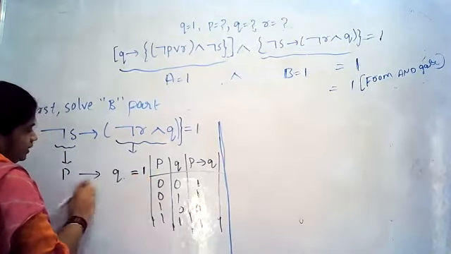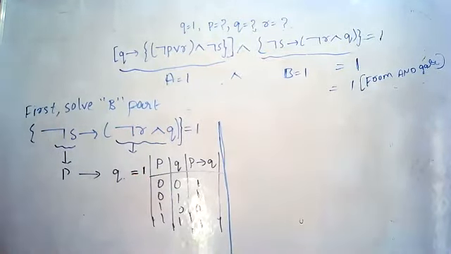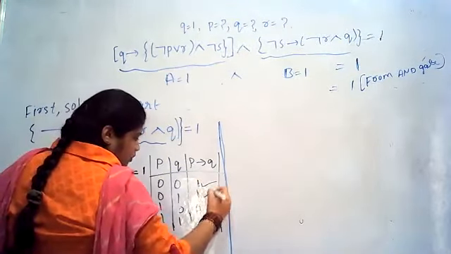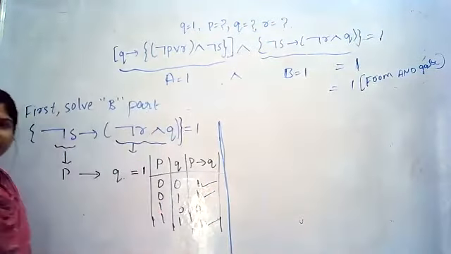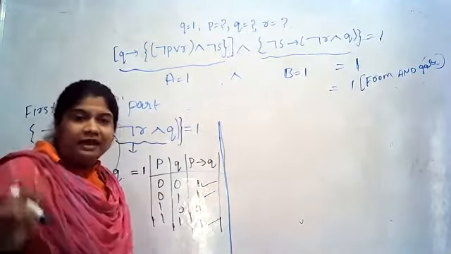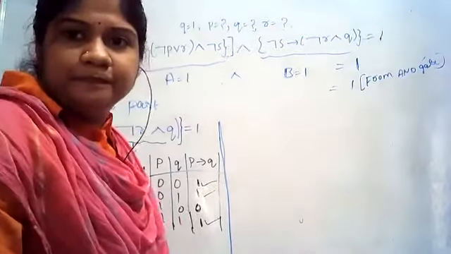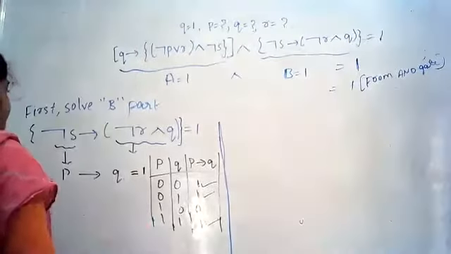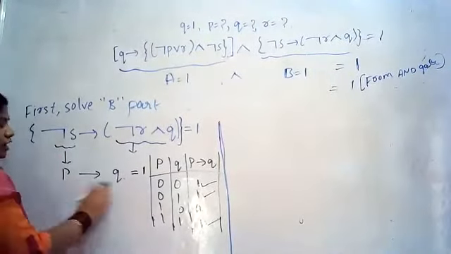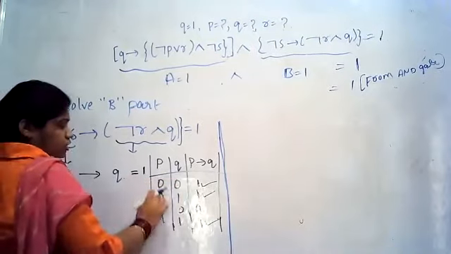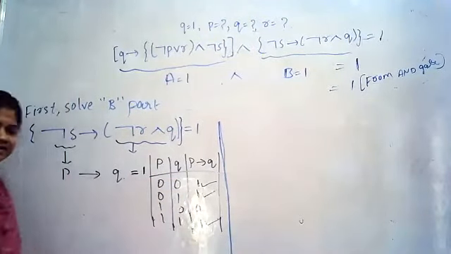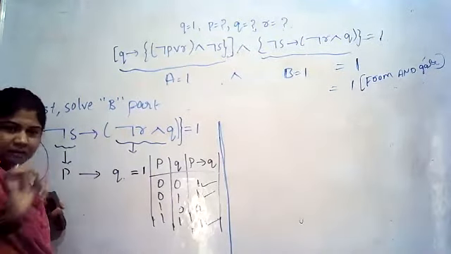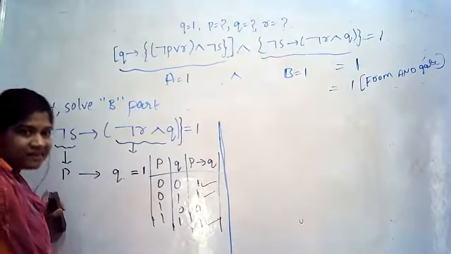What is the value of P and Q? It can be either 0, 0, or 0, 1, or 1 and 1. Three conditions are there now. Three conditions we have got for 1. What I need to take, whether 0, 0 or 0, 1 or 1, 1, still it is confusion. Now we will keep this aside for some time.